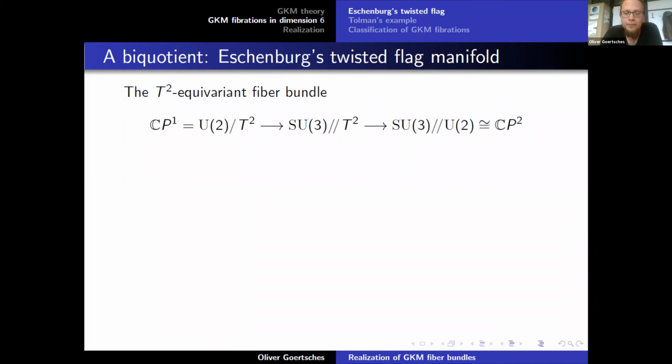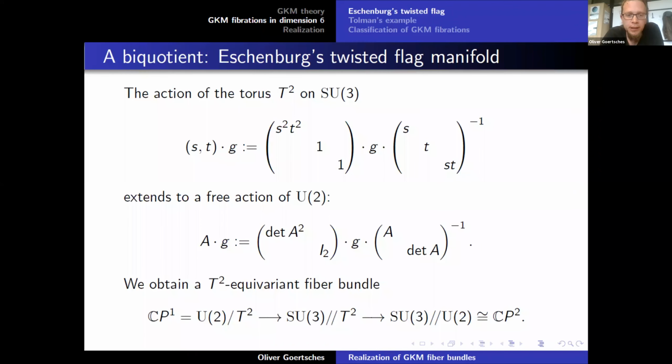Okay, but maybe I can directly explain how this C2 bundle arises. So you look at this action of U2 on SU3 as described here, and you just take the twisted product with the standard representation of U2 on C2. So U2 acts on SU3 just via this action, and also on C2 via the standard action, and you just take the twisted product. This gets a complex rank 2 vector bundle over CP2, and this is its projectivization.